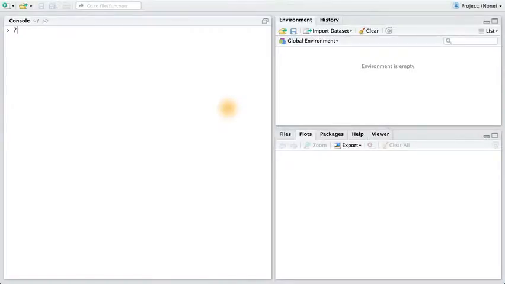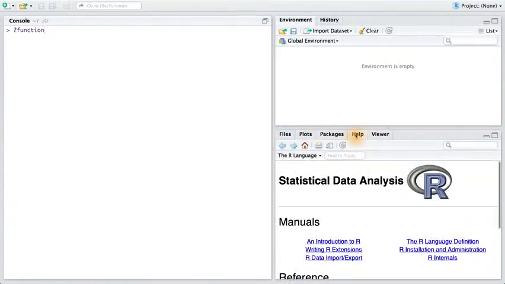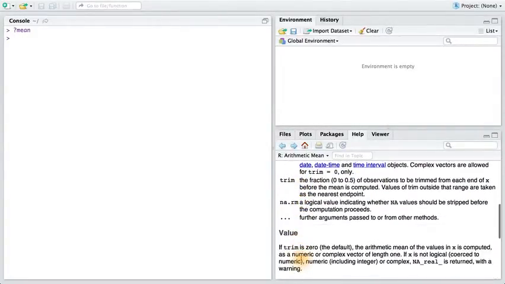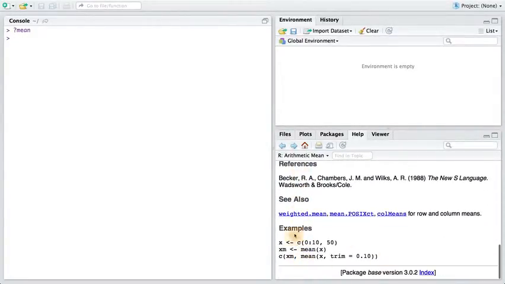You can type a question mark and the name of any function to bring up help documentation in R. So, for example, I could look up the documentation for the function mean. Here, it will tell me any parameters that mean takes, and then it will give me examples, usually at the bottom of the documentation. I can copy and paste these into the console and press enter to see what the